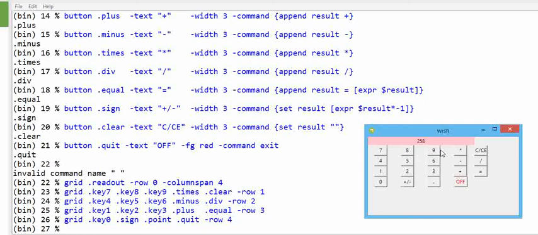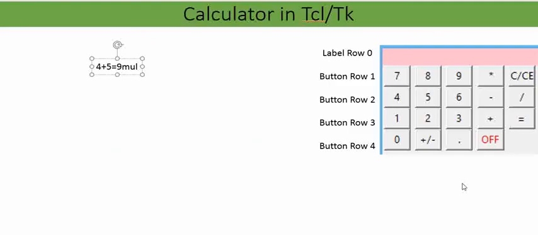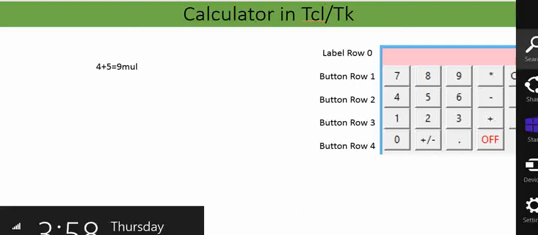Now I hope you have understood how we can invoke or append the value. If I click on that, it can make a standard value of calculator. A very interesting function here is the next 7, 4. If I take plus minus, it will change the sign. Division, any value, it will update the result. Now an interesting function here is off. If I click on off, the complete calculator will automatically get closed or exited from the tool.